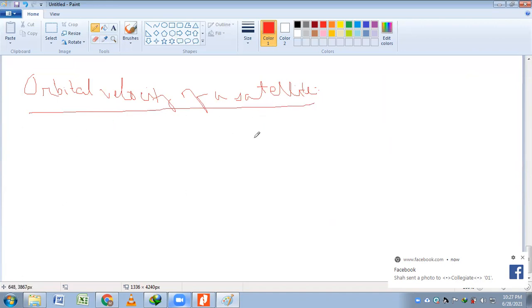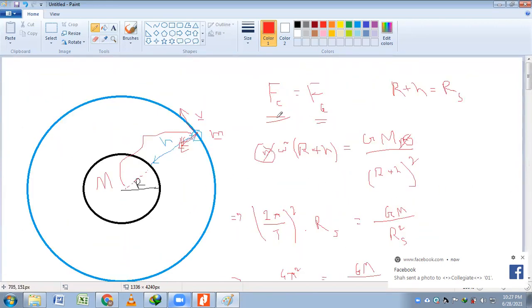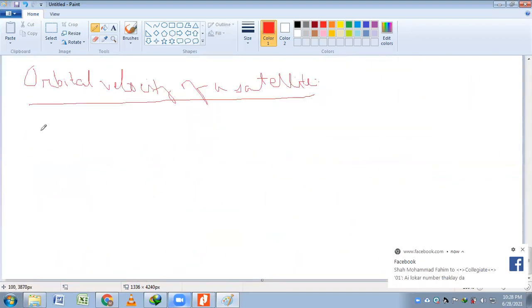Orbital velocity of a satellite. This is pretty simple to do. We're going to start with the very same expression as this one. I always prefer to start with this equation. The only difference is that because we want to find the orbital speed v, I'm going to write the Fc in terms of v, and I'm going to use the same expression Rs, other than writing the whole R plus h. So Rs would be the orbital radius of the satellite. So I'm going to use that term. So if I go over there, so Fc equals to